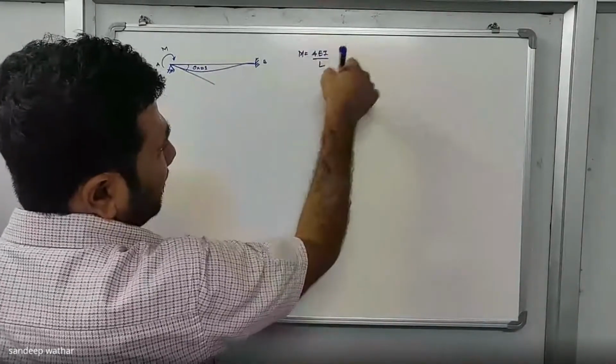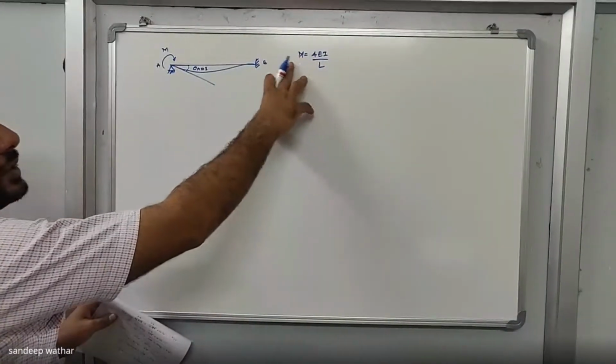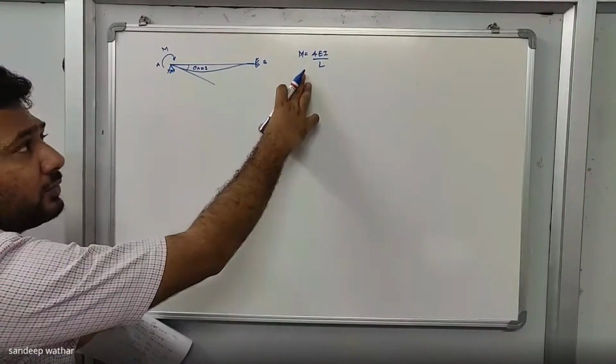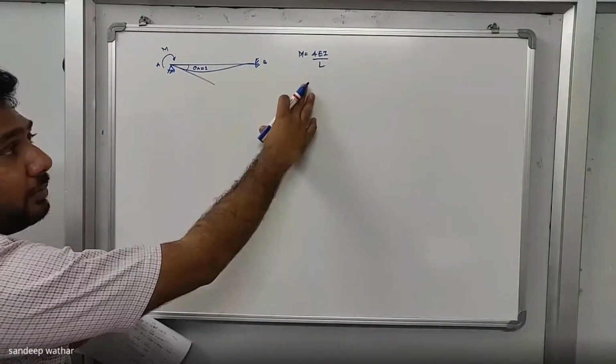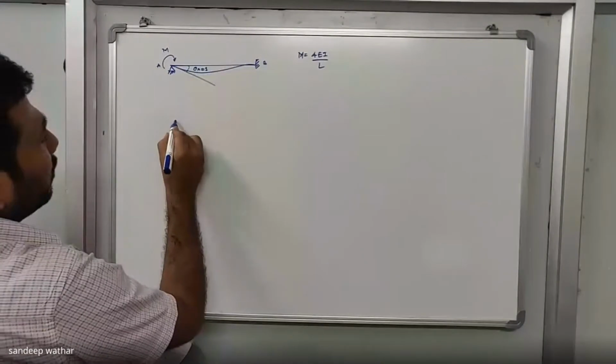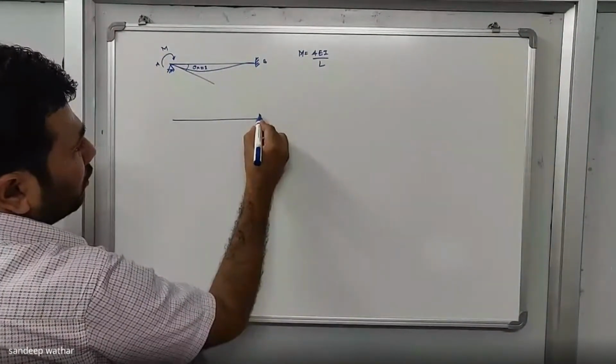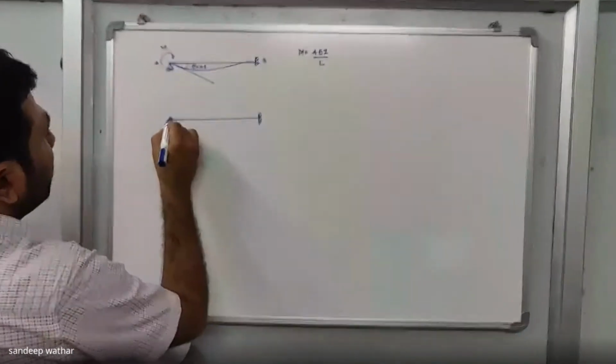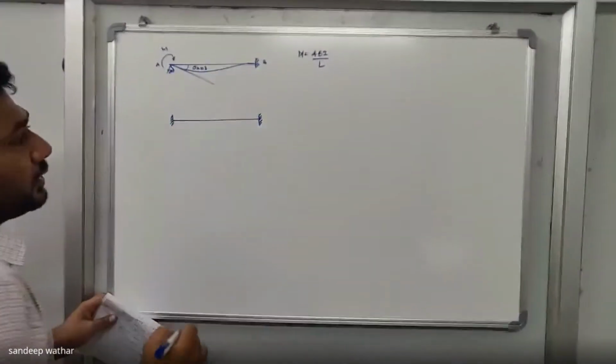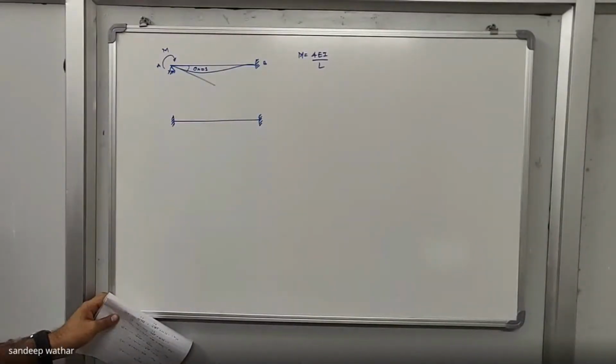I explained the significance of this moment. This value explains the stiffness of a given beam. Other than that, I told you to find out from any textbook or Google the end moments of a fixed beam with respect to different loading conditions. I don't know how many of you found it, but if you do not have it, don't worry. I have sent you an image in your Google Classroom. I hope you have all downloaded it.